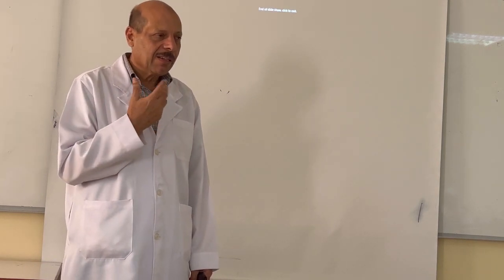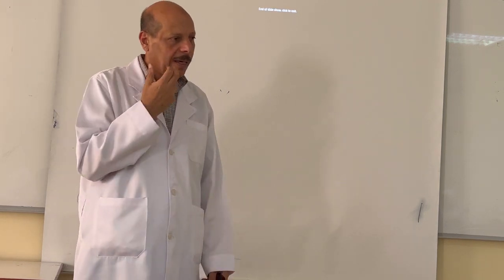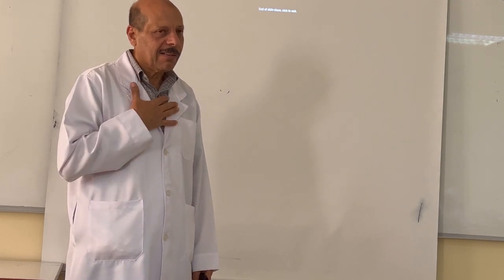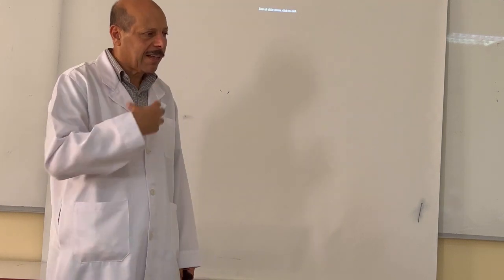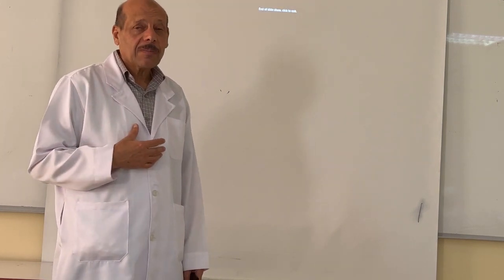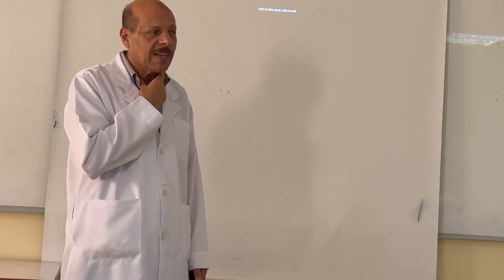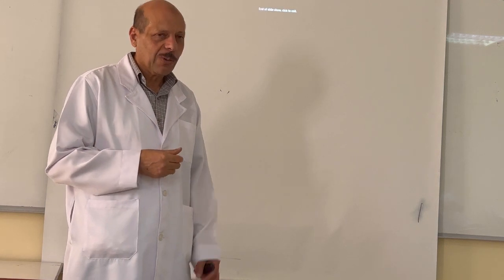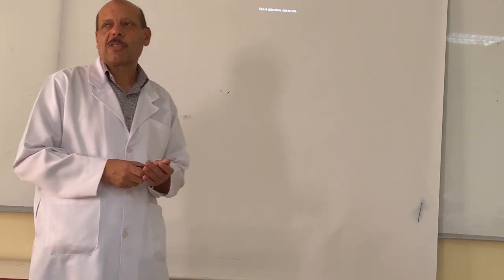Percussion, we can do sometimes over the sinuses, but usually percussion is done in the chest and the abdomen more than that, to detect the organs. Auscultation, we might use it for the veins and arteries. We might feel the pulse. So in general, those are